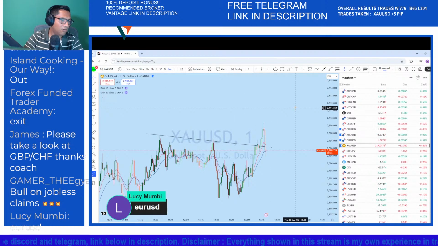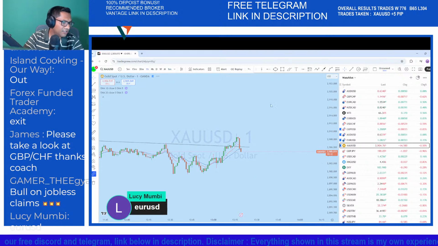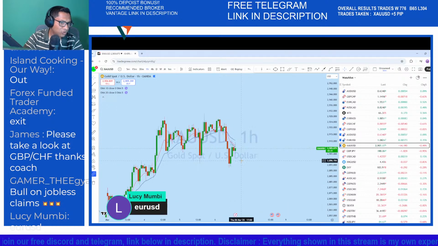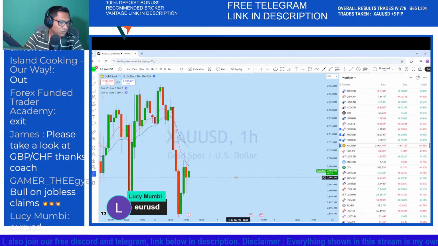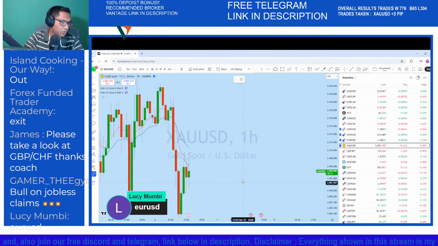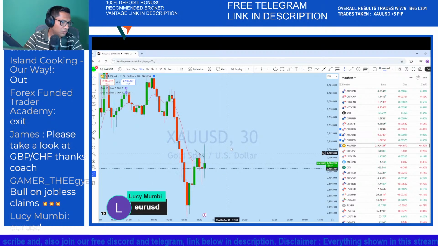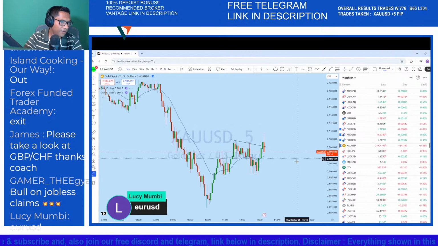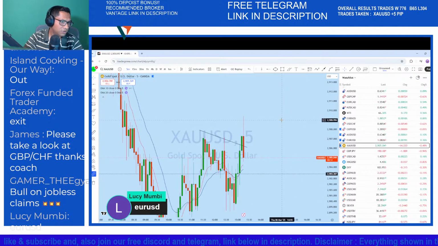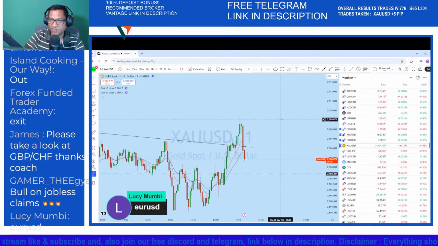Okay, let's see here on the 1 minute chart on XAUSD. We can see the market started to drop back to the support here from the 1 hour. From the 30 minutes also, you can see the price on the support. 5 minutes on the support. Look at the 1 minute chart. Now here is